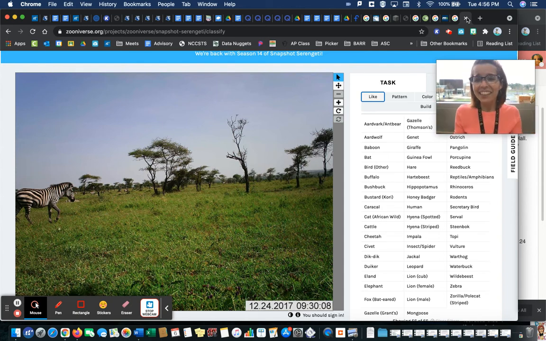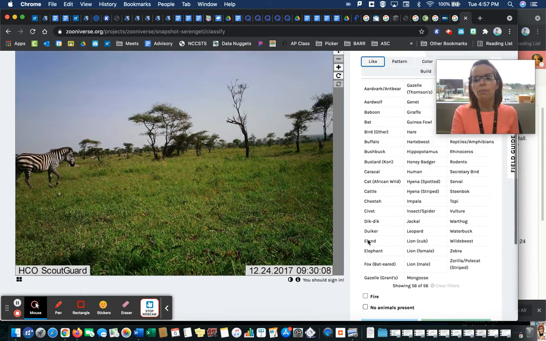Well, there are bajillions of animals triggering these cameras, and the scientists don't have time to count every single animal and figure out what every single animal is doing. So they post it on the internet, and dorks like me go, oh, that's so cool, I want to try. And so you look at the picture and you're like, I see a zebra, and you identify that it's a zebra.